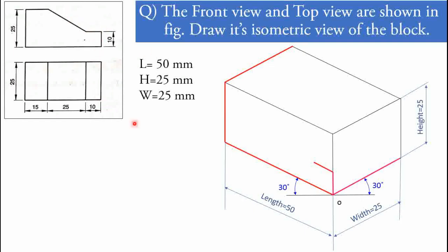Then from that a slant line is there, as you can observe in the front view, with a length of 25 mm between. From this point we can count the length in this way, mark the point at this place, and draw the slant line between them. Otherwise, as a second way, at the top side the 15 mm length is on the extreme left side. After representing the overall height we can represent the 15 mm length here, mark the point, and draw the slant line between them. In this way also we can do. So I will go with the 25 mm dimension representation. Actually with the help of a drafter it will be easy to mark that, but here I am using the PPT for explanation.